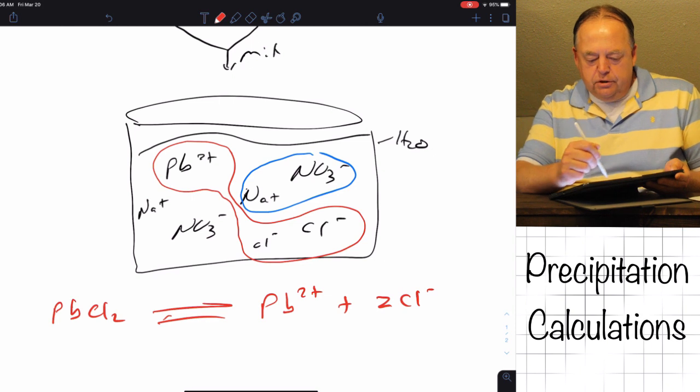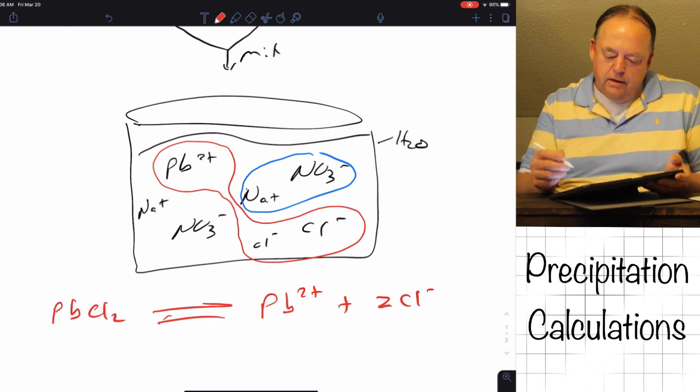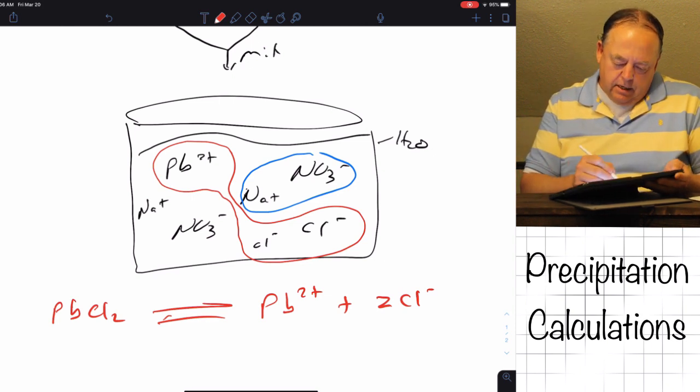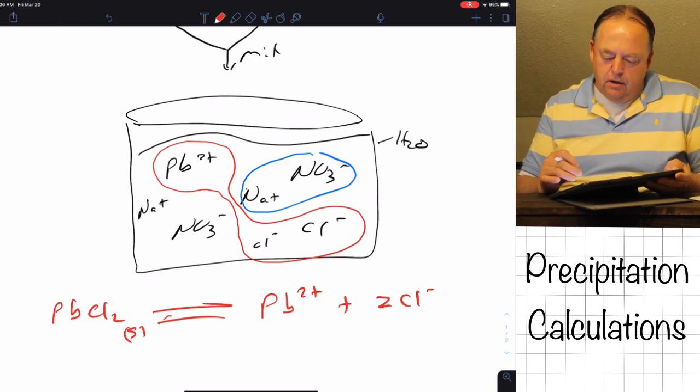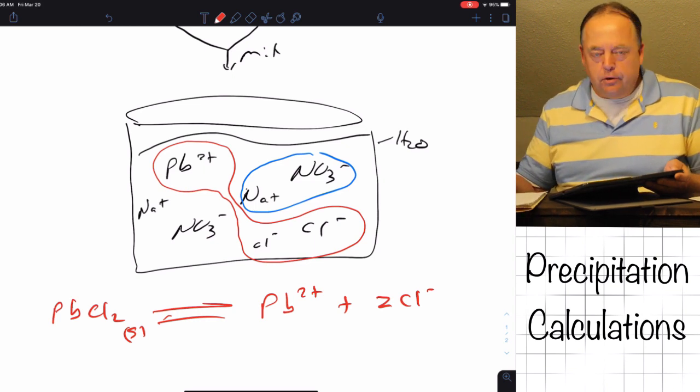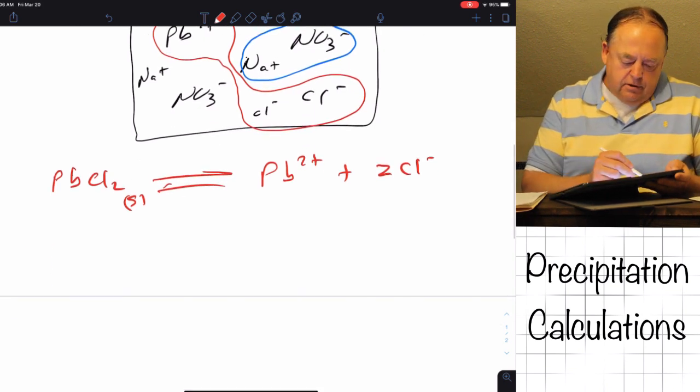Right, so as soon as the lead and chloride find each other, they're going to combine to make solid lead chloride. Well, that's what we want to determine. Under these conditions, would lead 2 chloride precipitate out of solution or not? So to determine that,